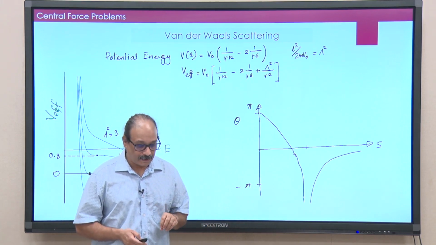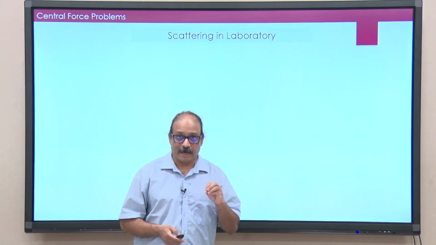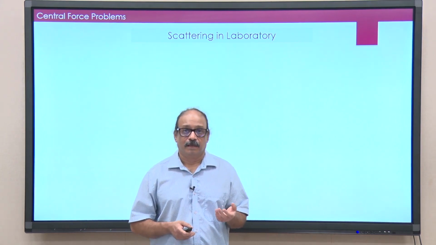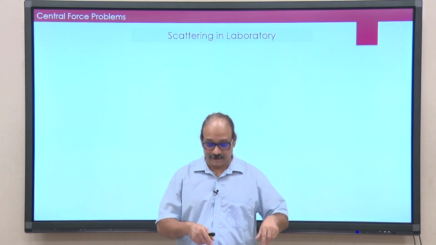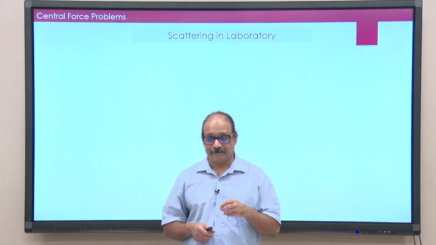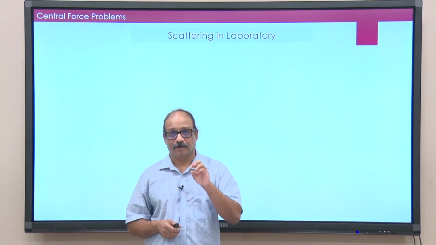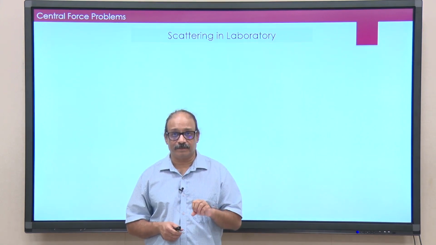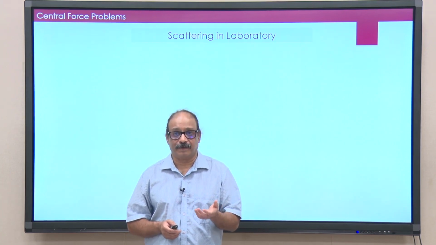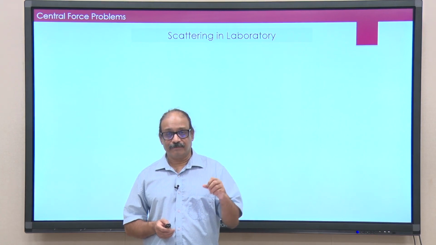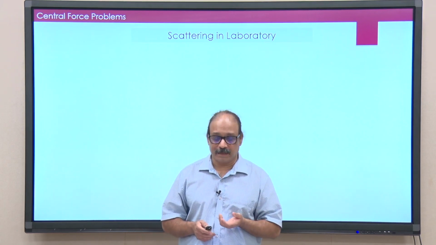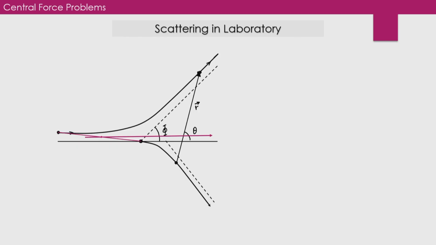See, when we were talking about the scattering in the laboratory, that is where we do the experiments, and when we did the calculations in these theoretical models, remember in the theoretical models what we assumed was your scatterer or the target sits fixed at the origin, and then we looked at all the trajectories. But that is actually not what happens in actual experiments. In the experiments, the target will face the recoil and it also will move, and if you want to take that into account, we need to look at what actually happens there.